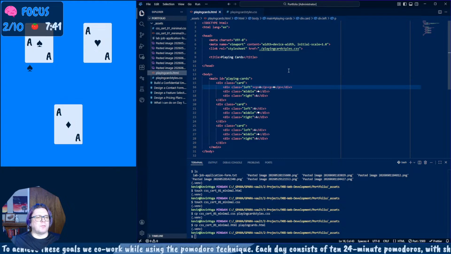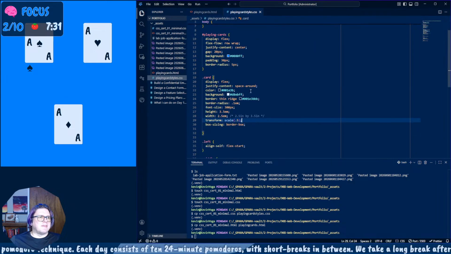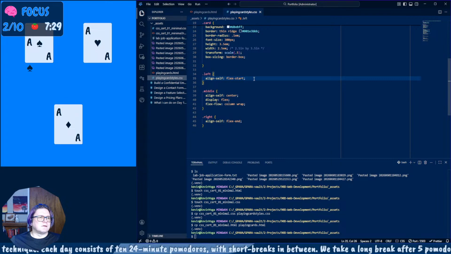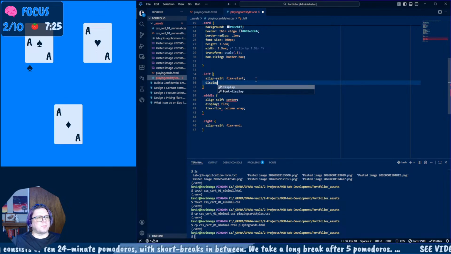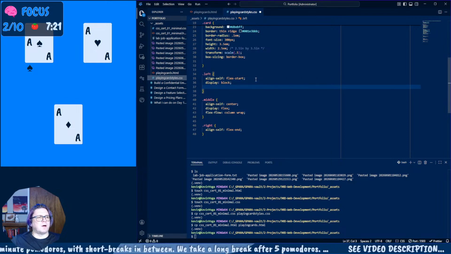The problem with that, yeah, that is a problem, isn't it? So we want to make this a block, so we want to display as a block, and we want